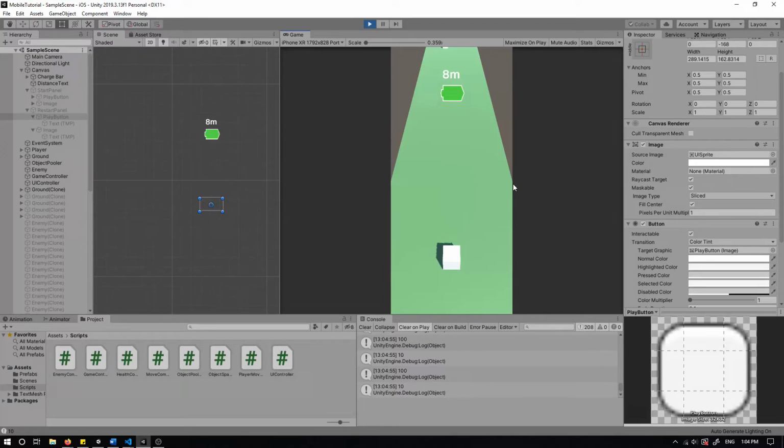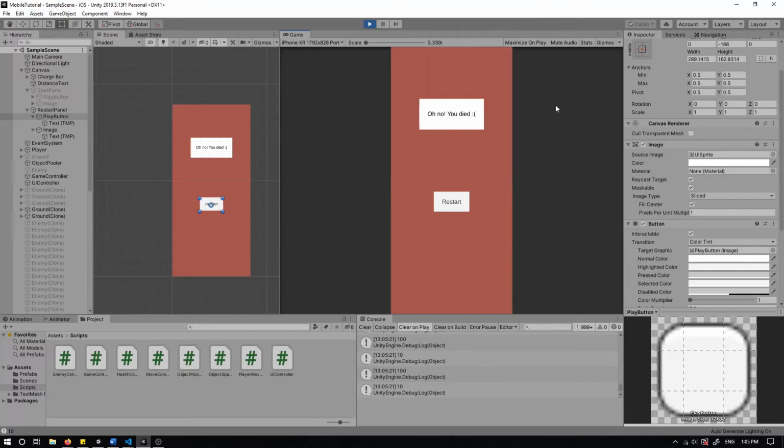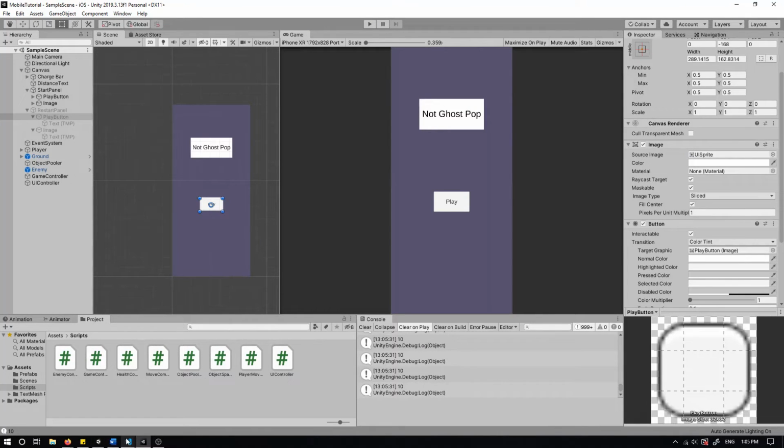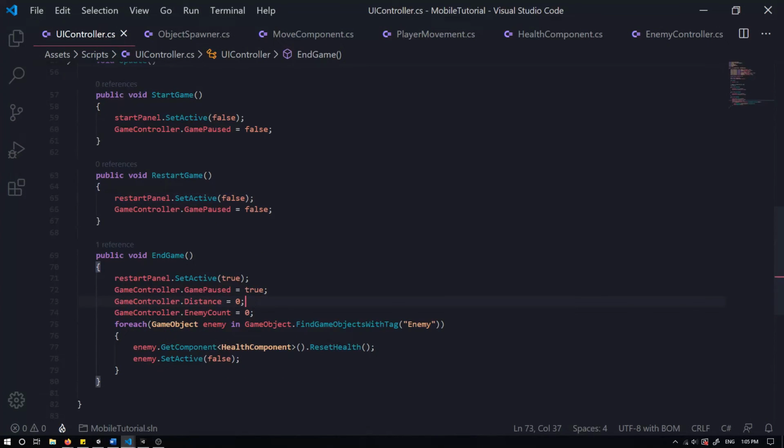So let's test this out. Play. Just gotta wait a bit for our enemies to come towards us. Can obviously set the distance to be a bit slower, as I stated in my last video. It's all up to you. I'm being attacked right now because the enemies are very close. And now I've died. So if I go to restart now, then we're going back up from 0. Everything's fine,